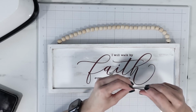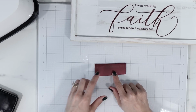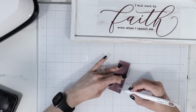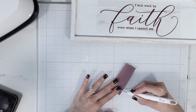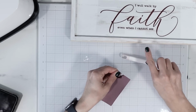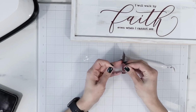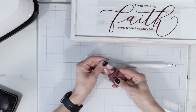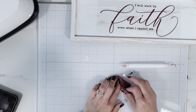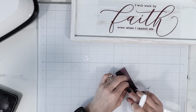Oh, and then I forgot about that. I ended up being able to ungroup this in Design Space, and I did that so I could make this text larger because it was smaller, and I wanted you to be able to see it, and I also didn't want to risk running into any issues while it was cutting out. So I just increased this